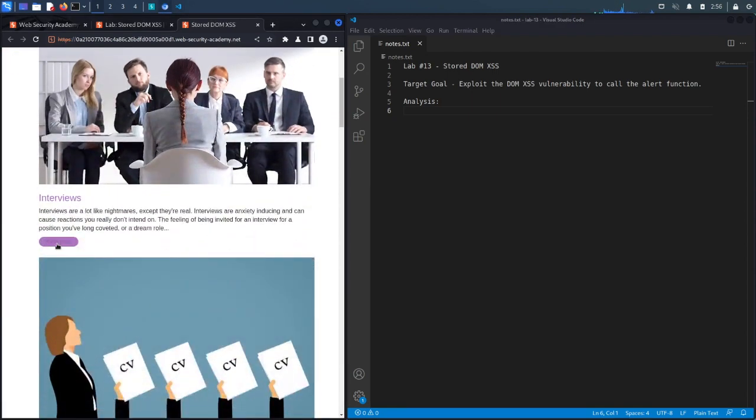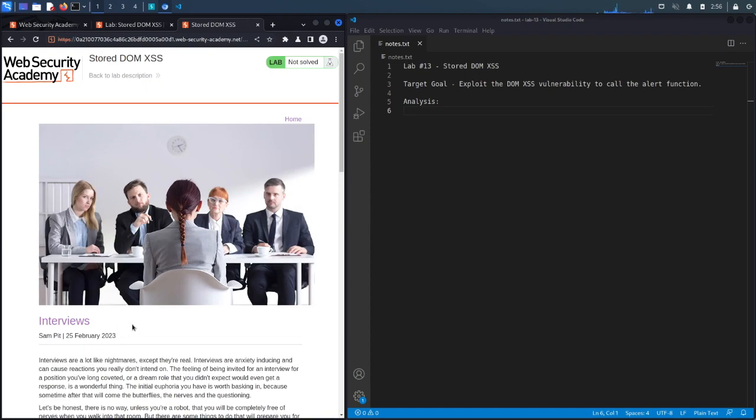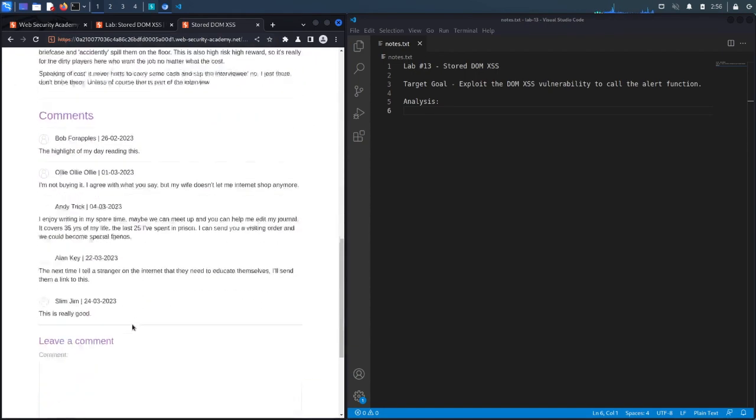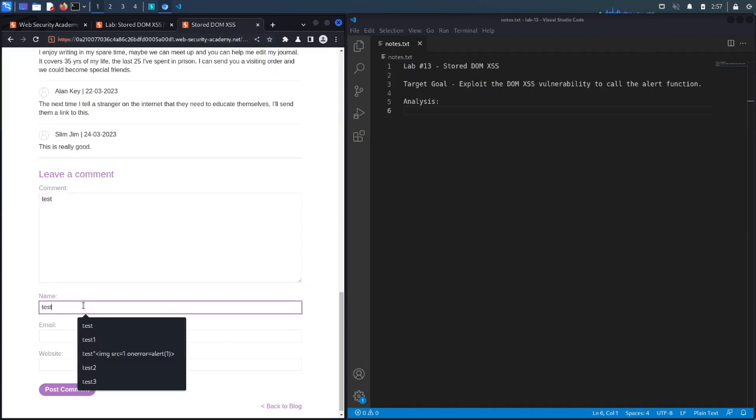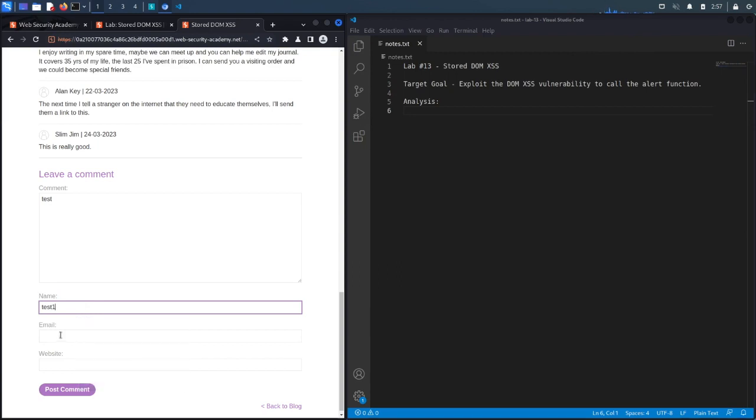So if we go down over here and click on View Post, we see that under each post, as a user, you could comment on the post. This is the classic example of where XSS vulnerabilities could potentially exist, specifically stored XSS vulnerabilities, because the comment does get stored in the application, and so we're not just dealing with a reflected XSS, we're dealing with a stored XSS. So as usual, the first thing we're going to do is just put in random input, let's say test1,